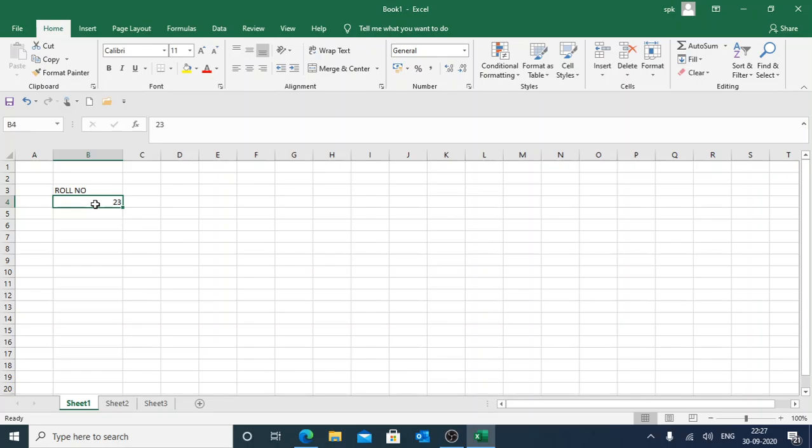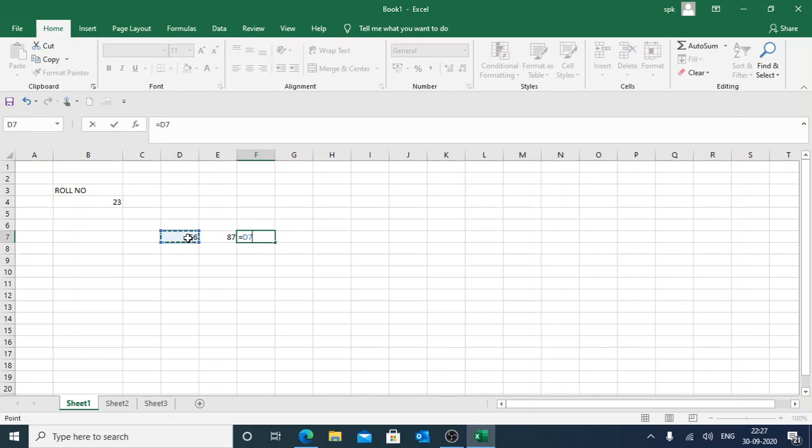We can do simple calculations also in Excel. Suppose I'll write here two numbers and I want to add these two numbers. For adding the numbers, we have to use a formula. I'll use a simple formula in this next cell: equal to, I will not add the number here.